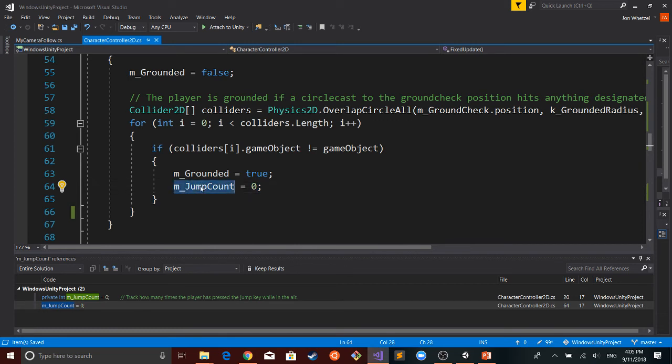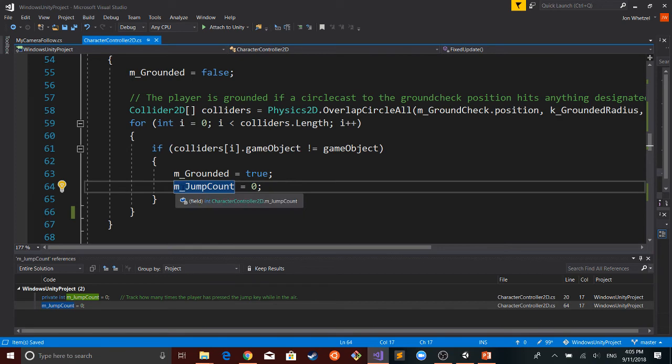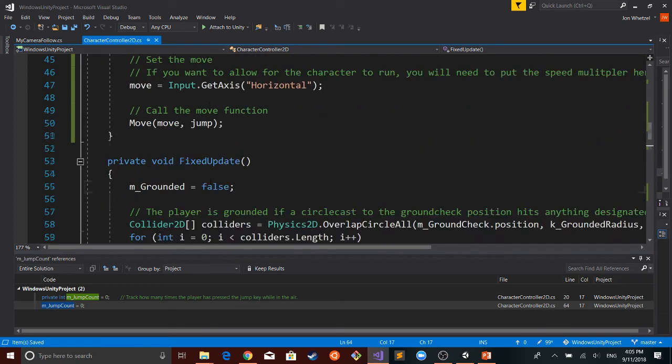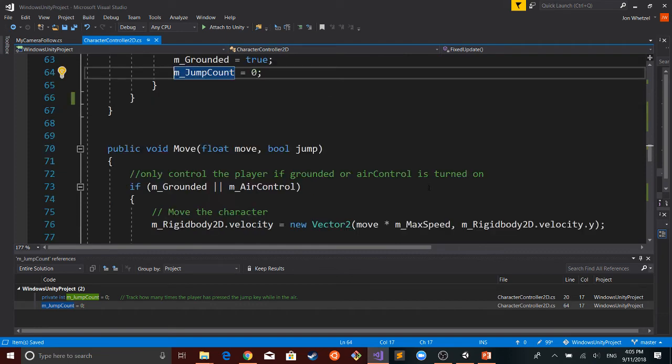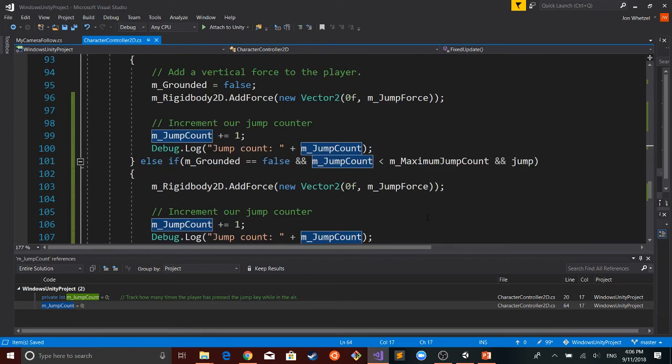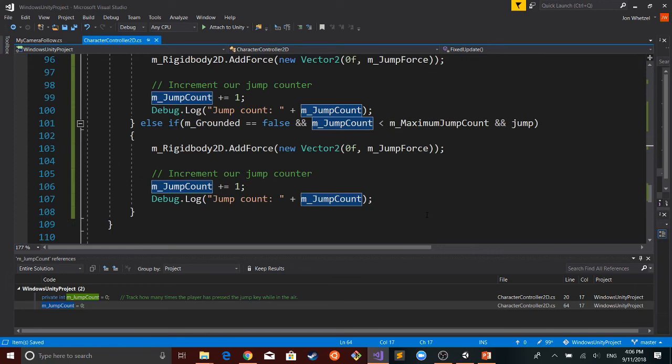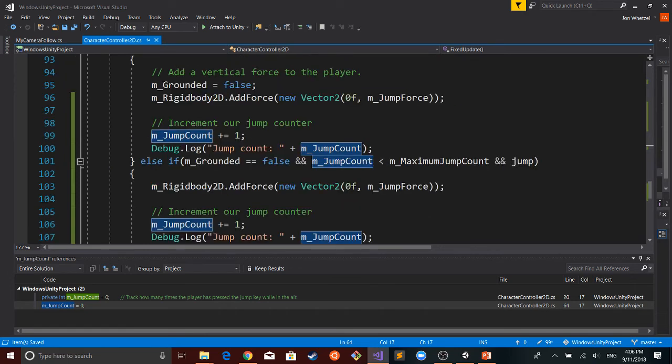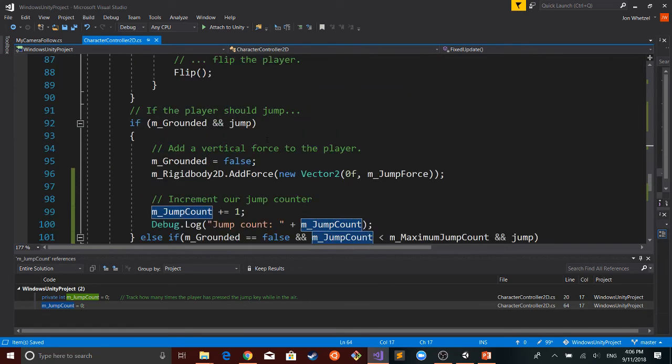And so it's reading grounded as true and resetting the jump count back to 0. So once I finally get in the air, it recounts it back to 0. So how do we work around this? It's probably a way.